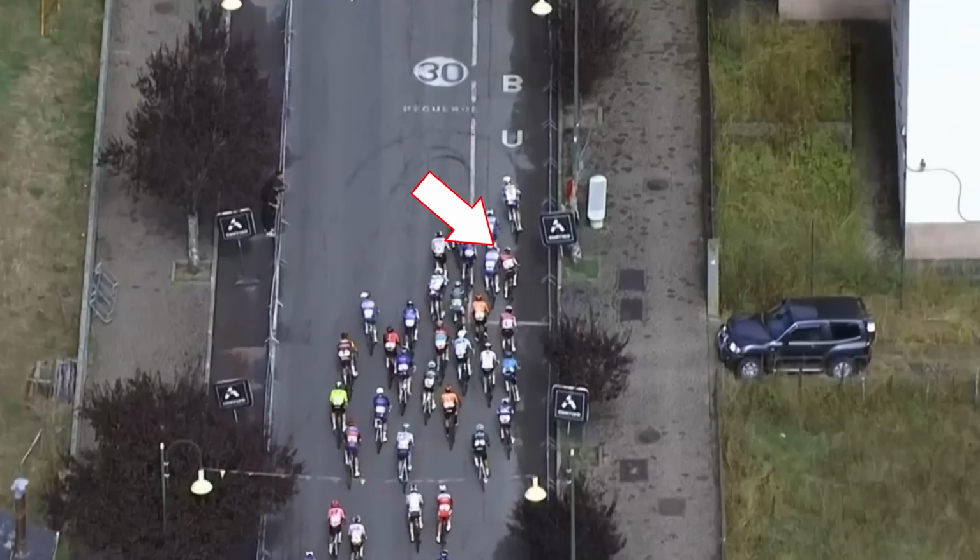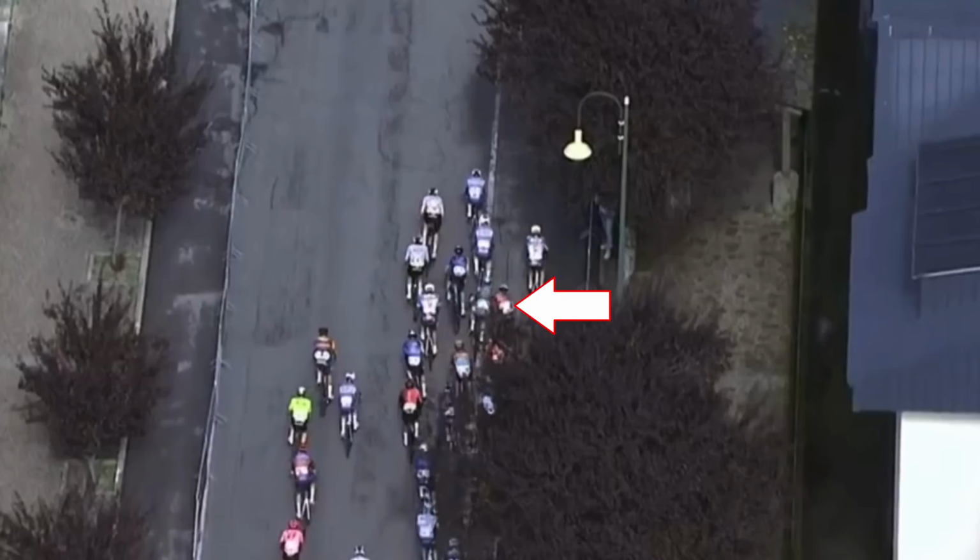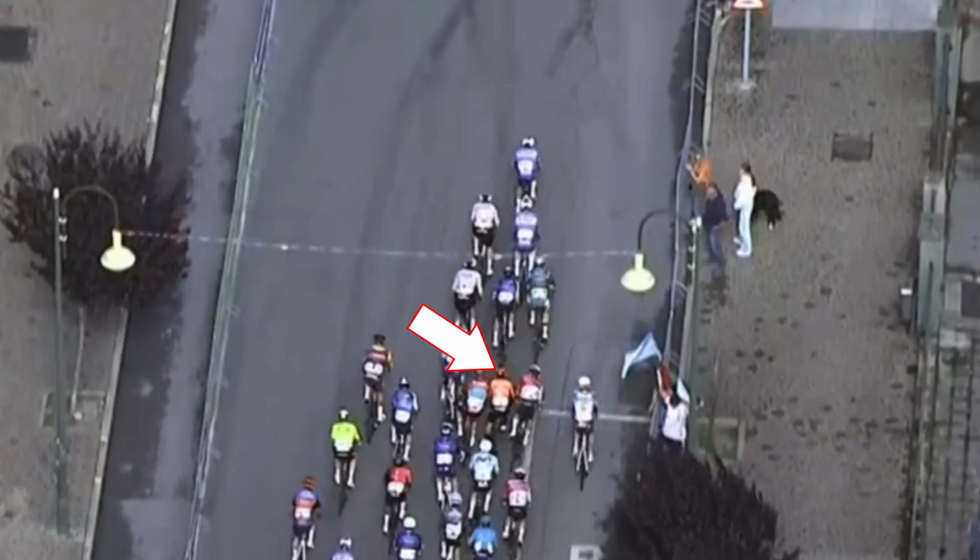and we see Caden Groves give a bump to the Cofidis rider. Next up, the Cofidis rider's day is not done here, as we're going to see Wout van Aert bump the Cofidis rider too, and then Ásgeir is going to bump the Cofidis rider too. We look up front, Edward Planckaert's got the lead. We see Caden Groves sitting second, and then we see Wout van Aert, but he's got some dilemma here